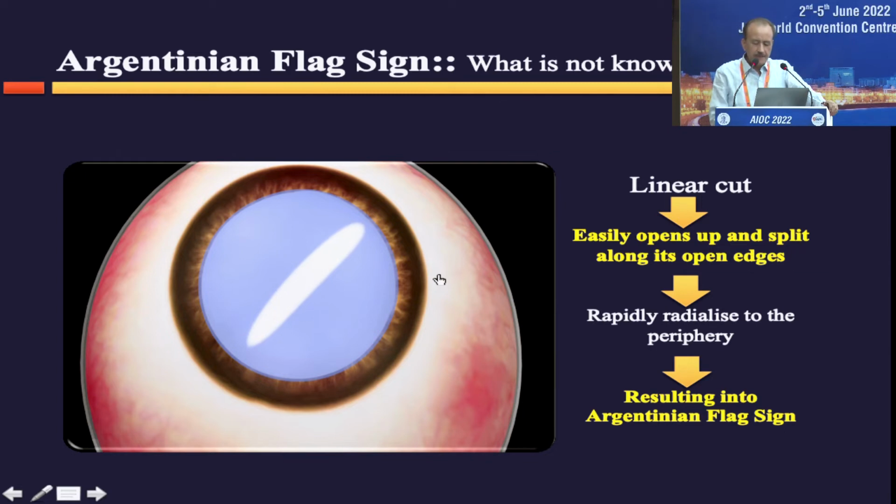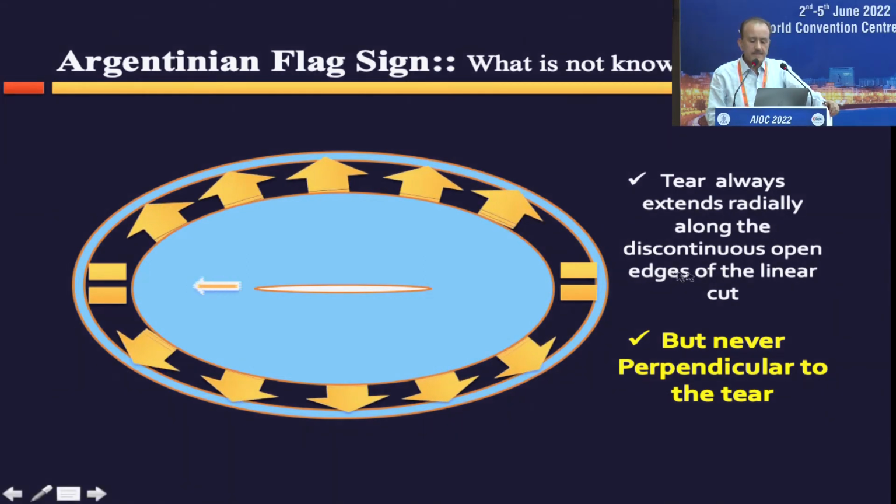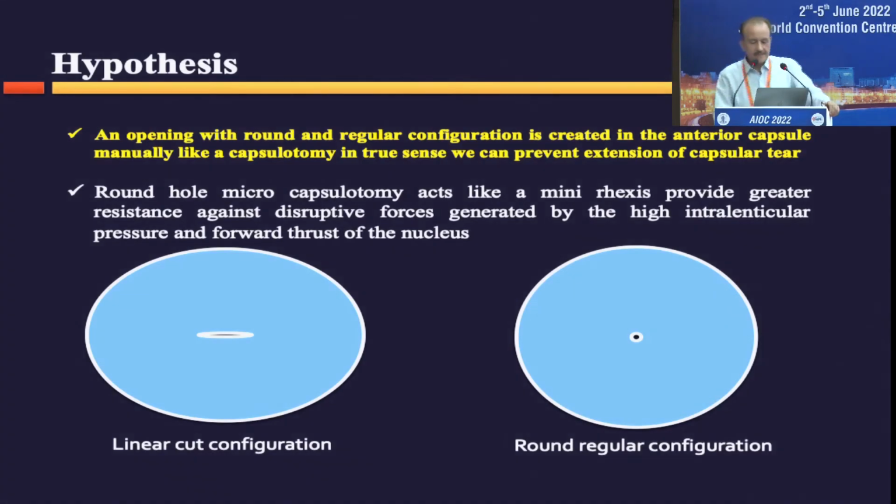Another important point which we noted, which was not known earlier, was that the tear always extends radially along the discontinuous open edges of the cut, never perpendicular. So this is a very important point, because the tear always extends radially along the open edges, never perpendicular. It means this tear has to do something in the creation of the Argentinian flag sign. So we had a hypothesis that